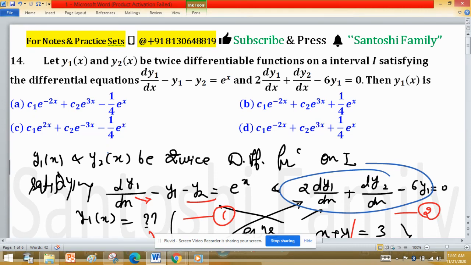And this is a very interesting problem I chose to solve, to clarify the concept of how to solve these two differential equations. Many times the particular integral and complementary function are asked for a single differential equation, but here two differential equations are given to us and we are asked to find the value of a common solution. This common solution will work for the first differential equation as well as the second differential equation. It's a very interesting problem.